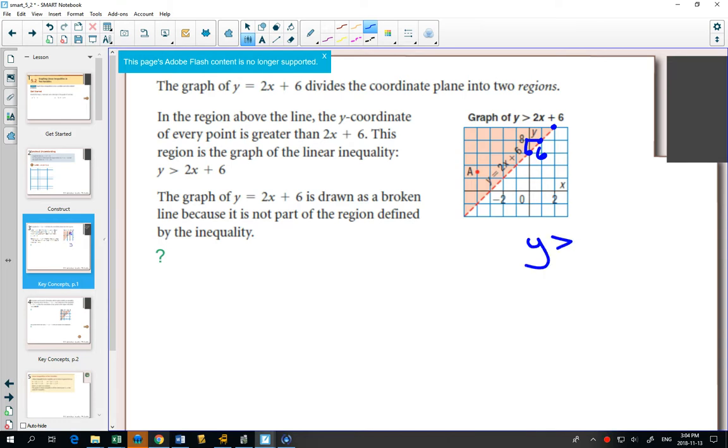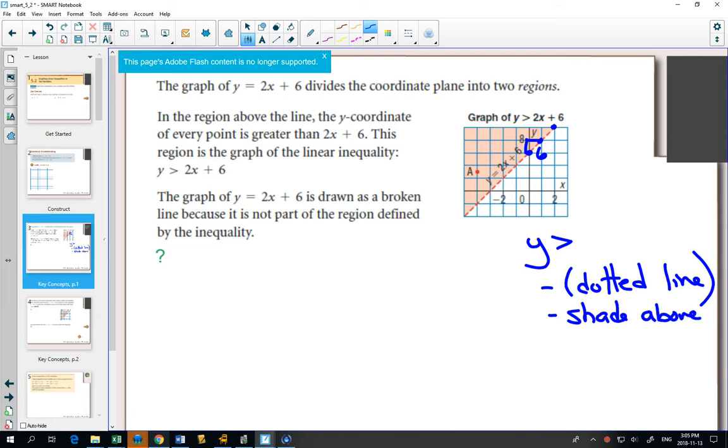If you have y is greater than, two notes. One, you're going to draw a dotted line instead of a solid line. And two,